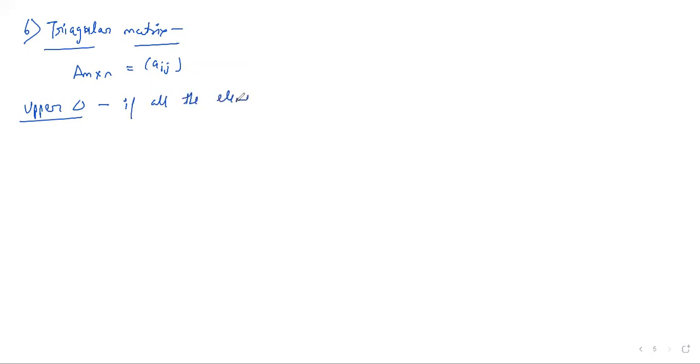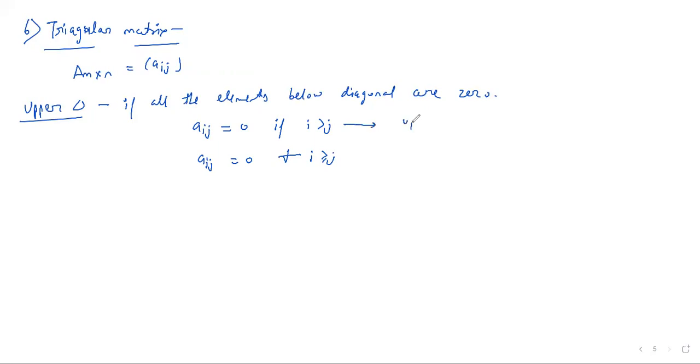all the elements below the diagonal are 0. If all the elements below the diagonal are 0, then we say that my matrix is upper triangular, and you can write it as Aij equals 0 if i is greater than j, and Aij equals 0 for all i greater than or equal to j. So this matrix is upper triangular as it is taking all the elements below the diagonal as 0,